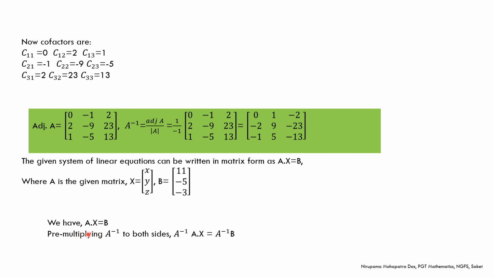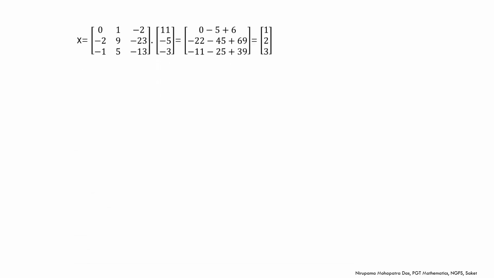So pre-multiplying this equation with A inverse, it is A inverse into A into X equals A inverse into B. And as you know, A inverse into A equals the identity matrix. So I into X equals X. So the next step is you are getting X equal to A inverse B. A inverse we have from the first part, B matrix also we have. So X is A inverse B.